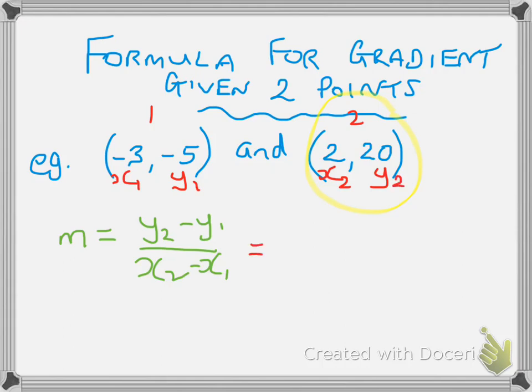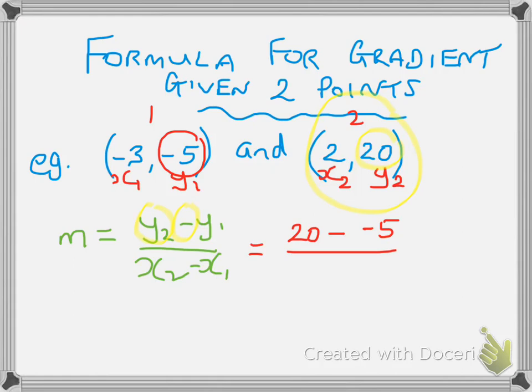And we simply go and do a substitution into this formula. And you'll see the formula says the following. Take my y2 value, which is here, and substitute it into there. So my y2 value happens to be the number 20, and I substitute that in, 20. The rule says to subtract, so I know I've got to do subtraction. My y1 value, which is up here now, which is negative 5,